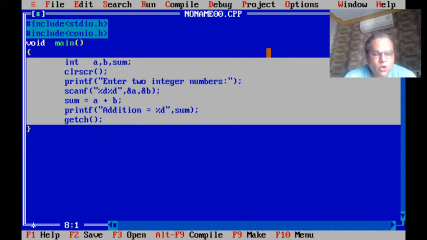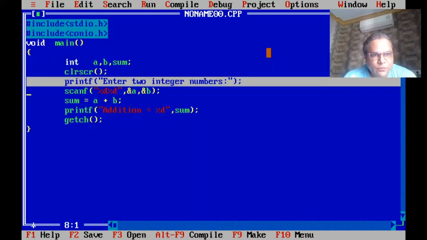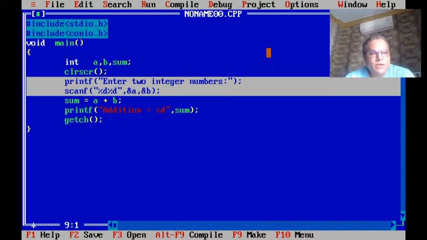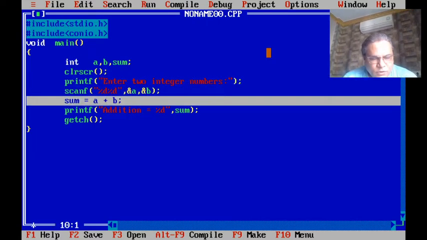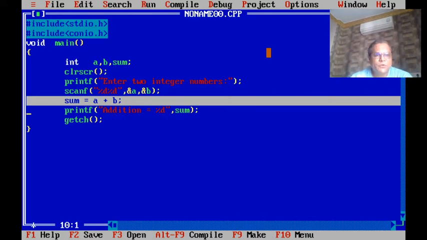And let's see what operations main is performing. If you observe these two commands that I have written, these two commands are performing the input operation. They are taking data input from the user through the keyboard. That means now main is performing input. Then this command is called processing or calculation. Since this is a very simple program, the calculation is very simple.